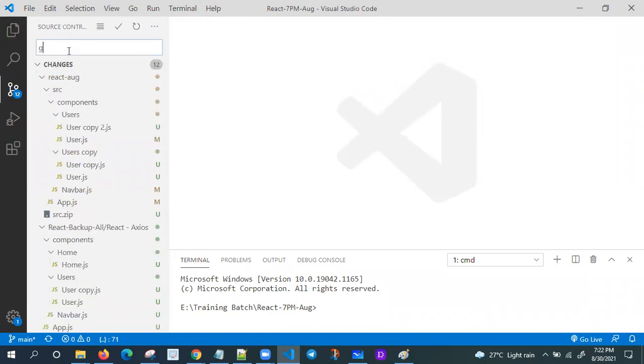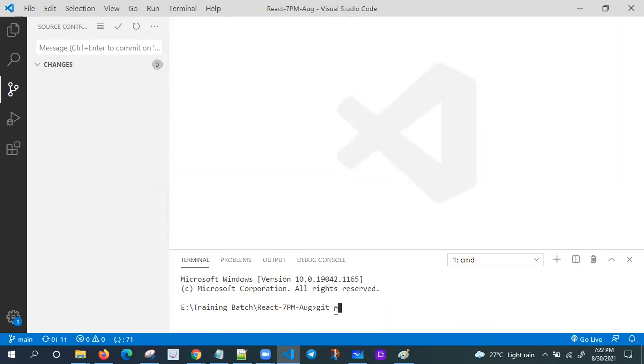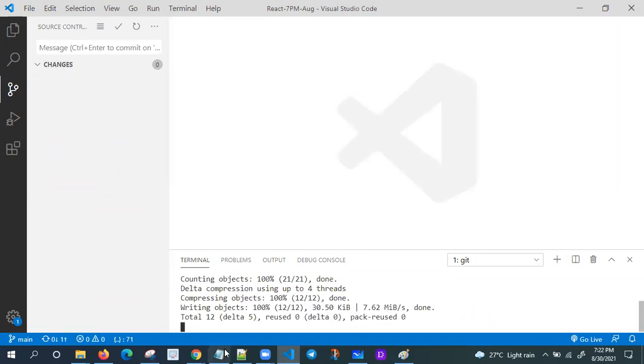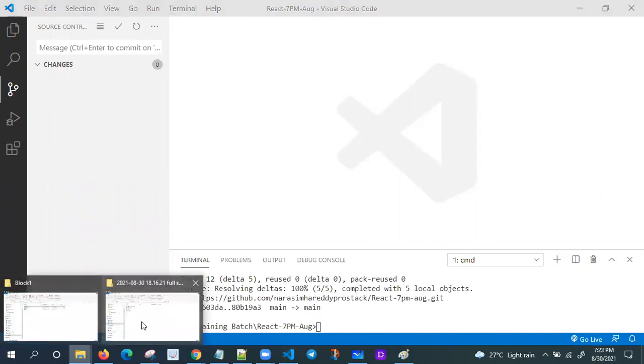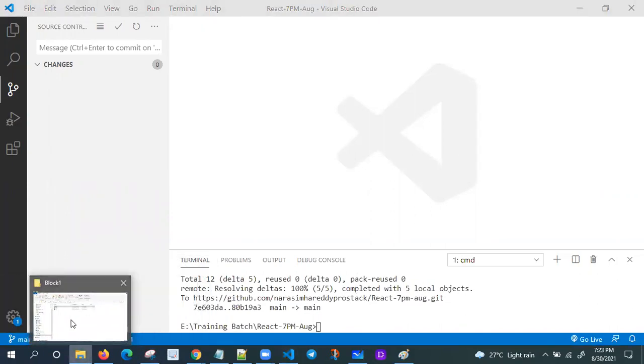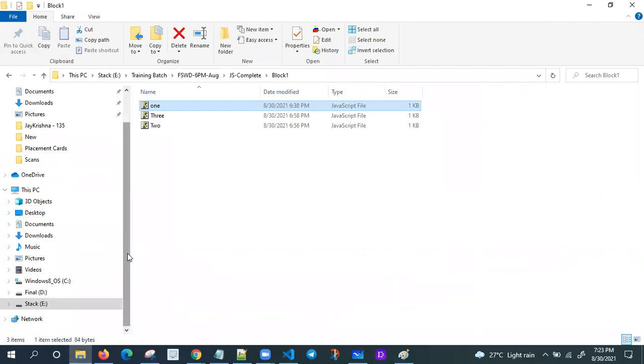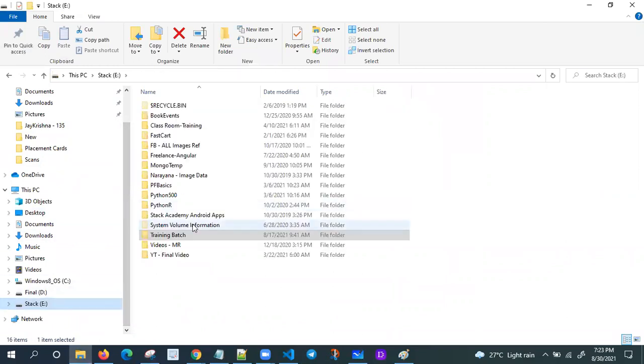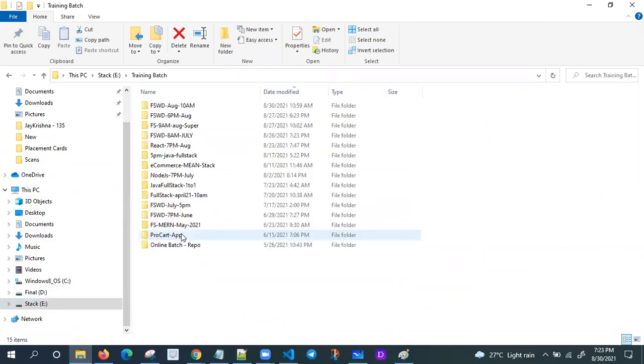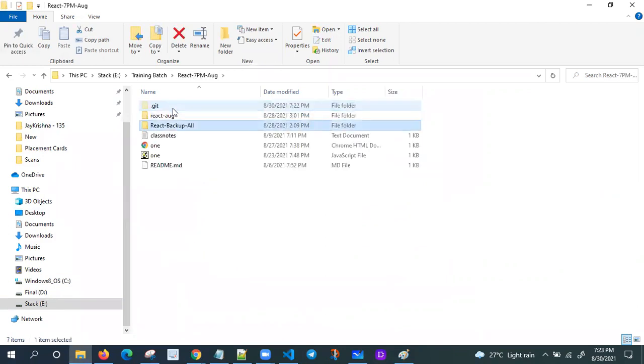Git push. Yes, push this one and take a backup. I don't want this. Just a second. React training batch, 7 p.m., and React.